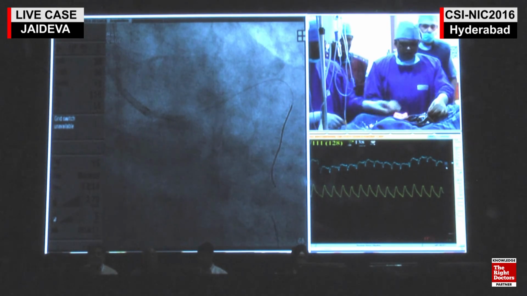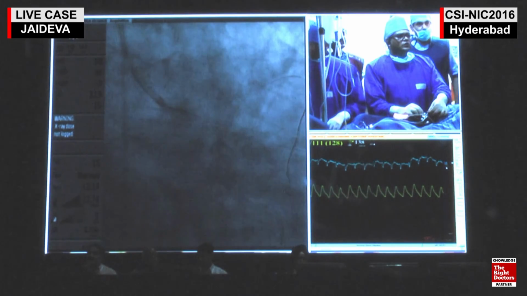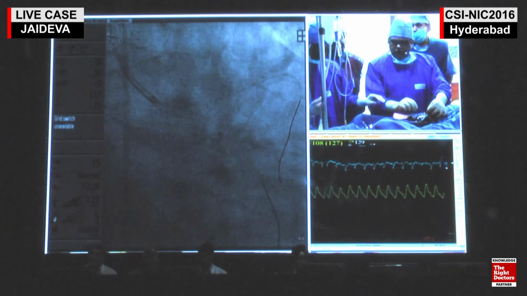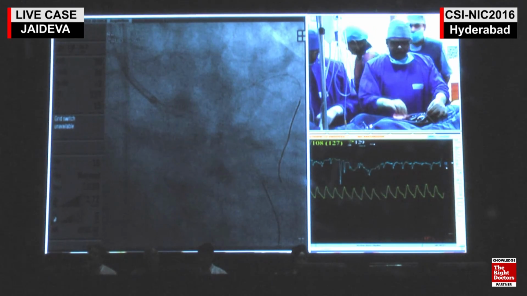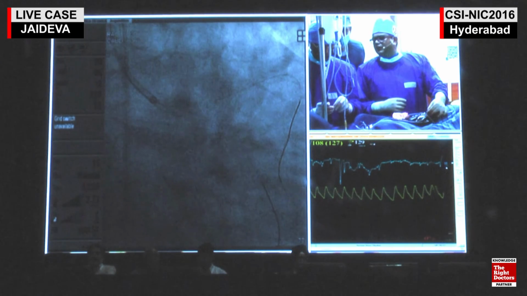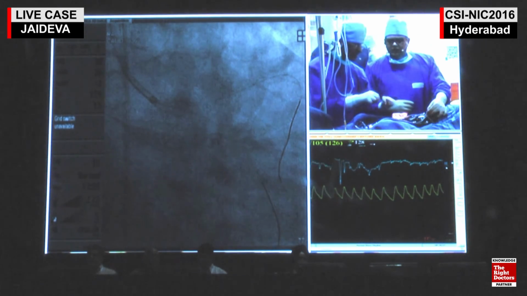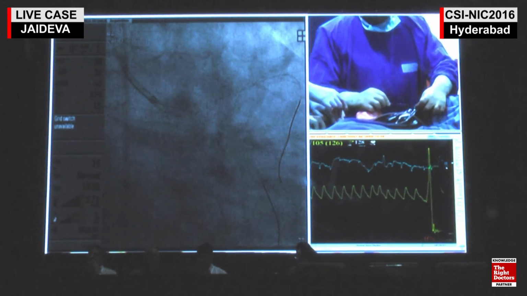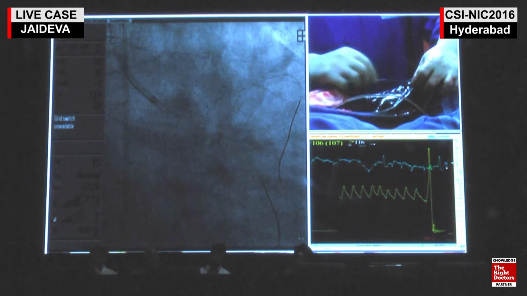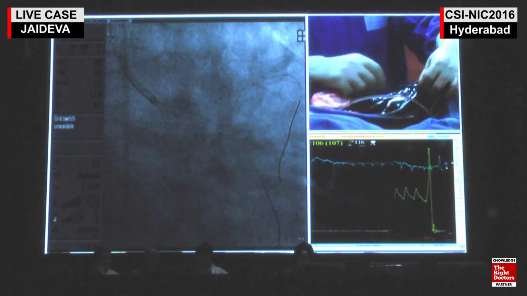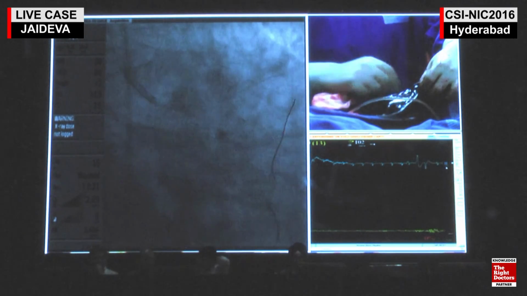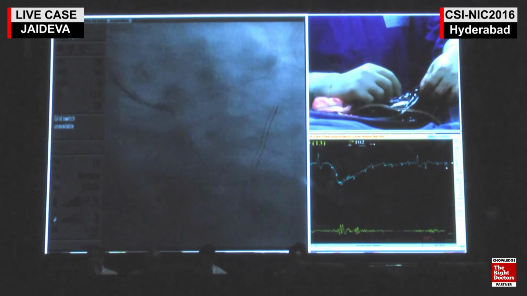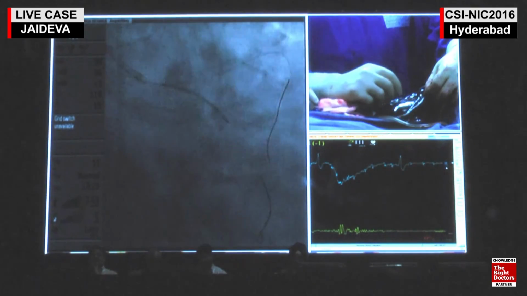Okay, give me the 4 millimeter balloon for the left main. Now what wire? Can you show me? Go ahead. This is the wire. Once you push the stent, take one balloon into the left main. Okay, you go. So now we are going with 3.5 into 28 across the ostium of the ramus. As you know, we have already dilated with a 2.5 millimeter balloon, so it's easy to track the stent.